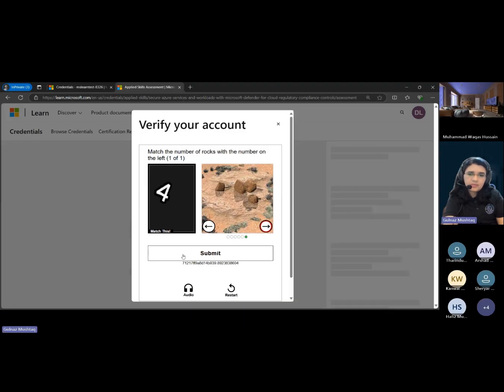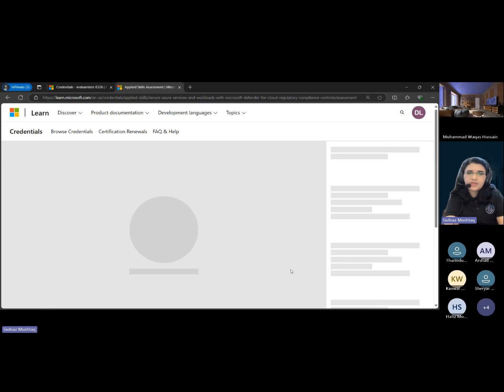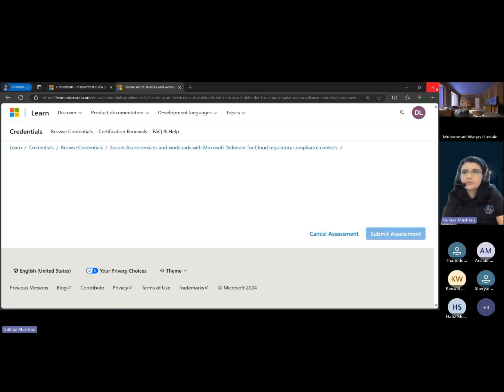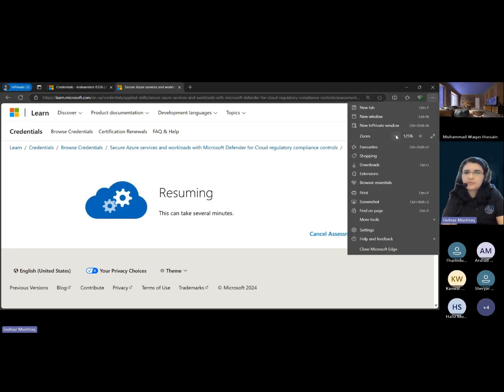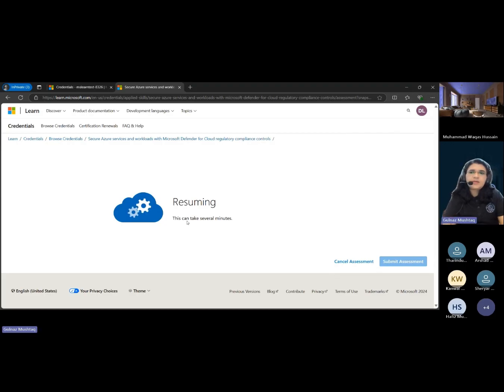So I'm matching a few things. Okay, my verification is complete. And now the system is going to prepare the lab environment for me. Okay, so once my lab environment is ready,